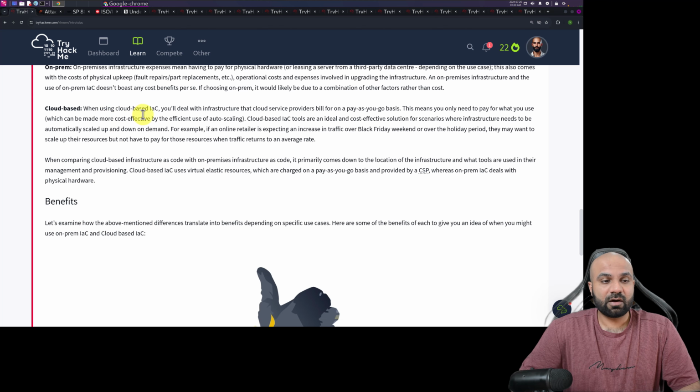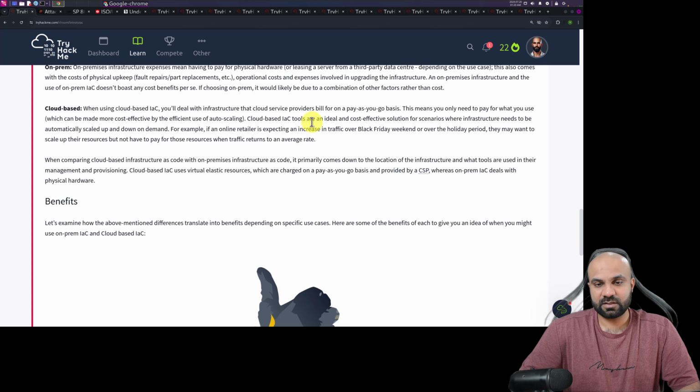When using cloud-based IaC, you will deal with infrastructure that the cloud service provider bills for on a pay-as-you-go basis. This means you only need to pay for what you use, which can be made more cost effective by efficient use of autoscaling.